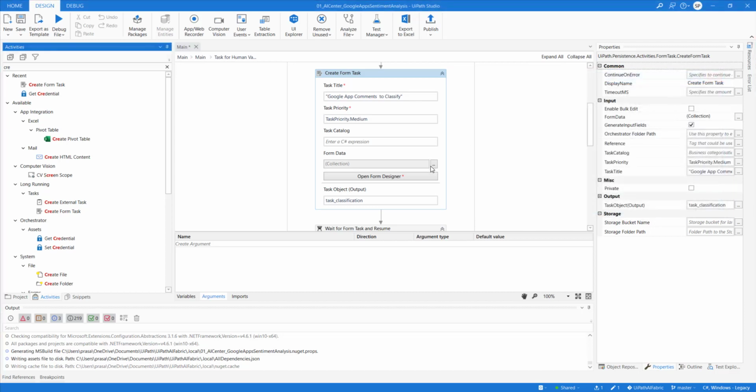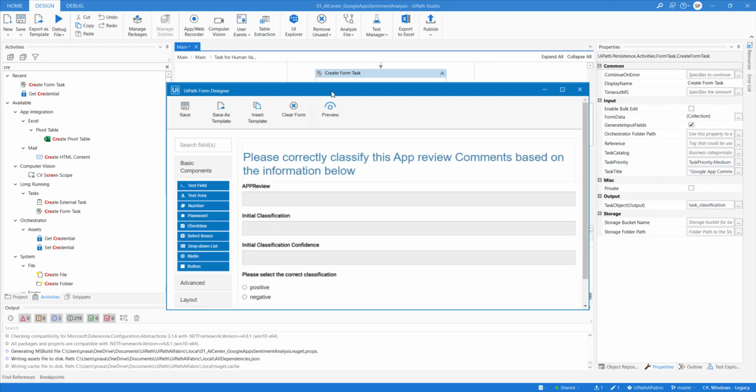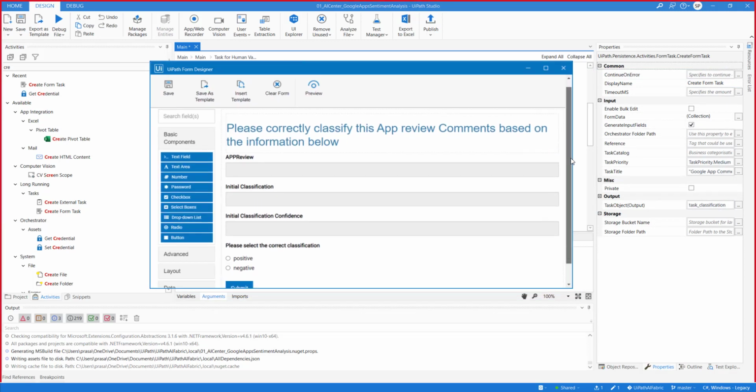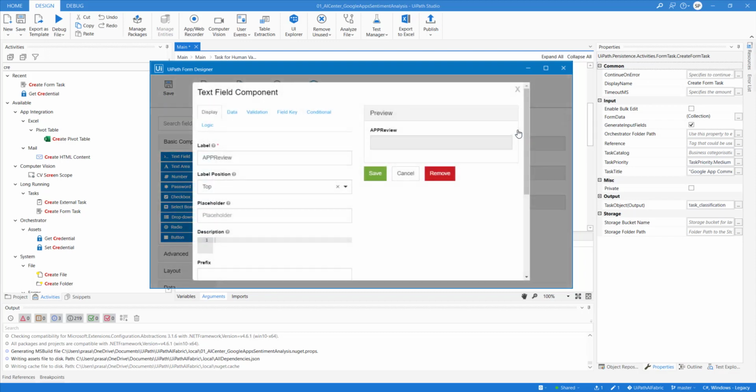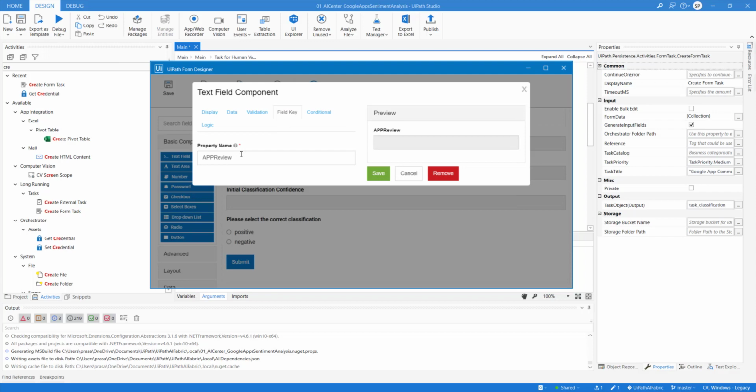So when you open a form designer, those fields will automatically be translated to these text fields, and then I have created a new checkbox based field. You should be able to do this using these things, right? And all you need to do is take care of certain properties. So the properties of this should be matched to the field key. That's the only thing that you need to take care of.